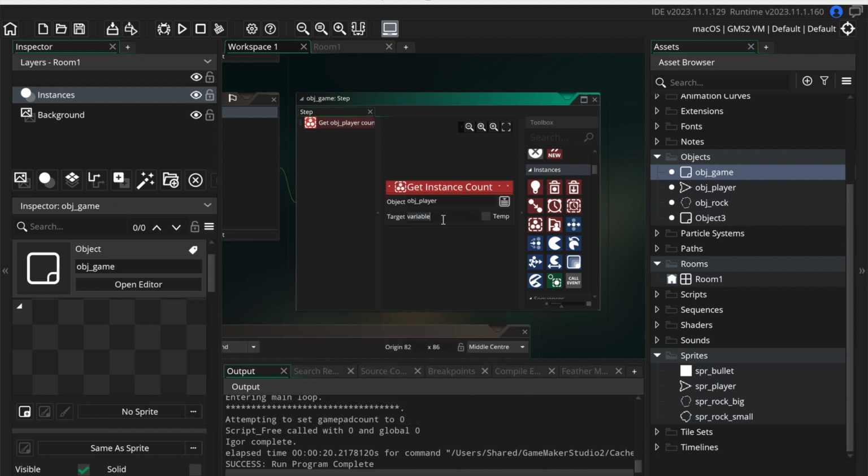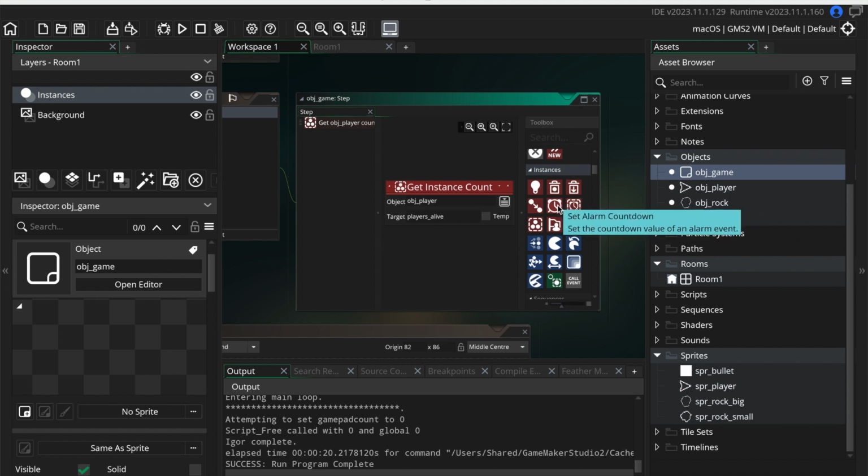And we are going to set that to a variable named players alive. Now theoretically, there should always be a player alive. And so we're going to actually make this look even nicer. One that detects that there's no players alive, it is going to